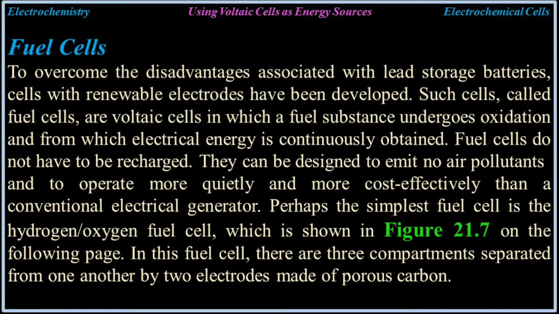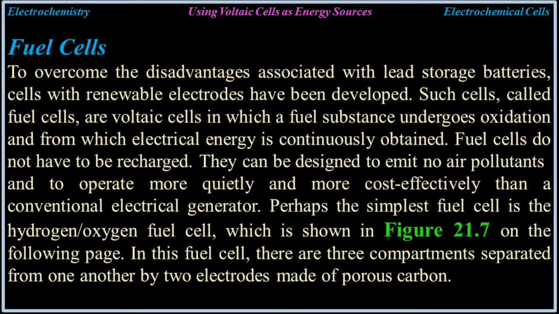As you know, there are many fuel cells. To overcome the disadvantages associated with lead storage batteries, cells with renewable electrodes have been developed. Such cells, called fuel cells, are voltaic cells in which a fuel substance undergoes oxidation and from which electrical energy is continuously obtained. Fuel cells do not have to be recharged. They can be designed to emit no air pollutants and to operate more quietly and more cost effectively than a conventional electric generator. Perhaps the simplest fuel cell is the hydrogen-oxygen fuel cell, which is shown in Figure 21.7